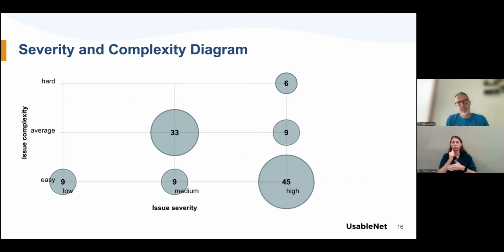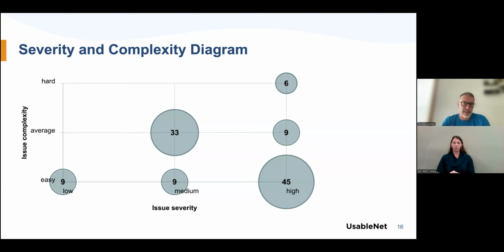The slide on the screen right now shows our severity and complexity concentration diagram. It is a bubble diagram showing the areas of the issues. The bubble is bigger depending on the number of issues, and it combines the severity, so impact on the final user experience, and the complexity to remediate the issue.